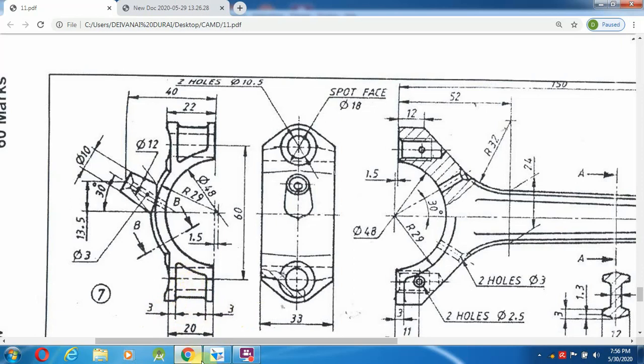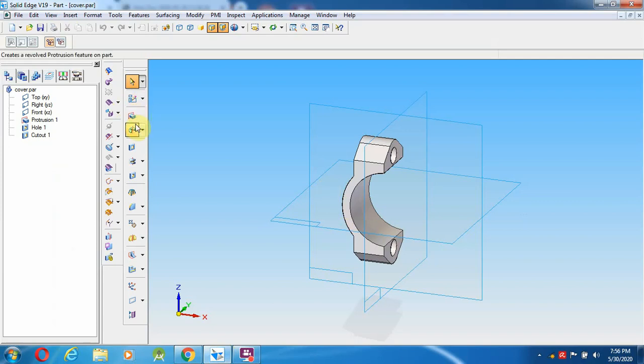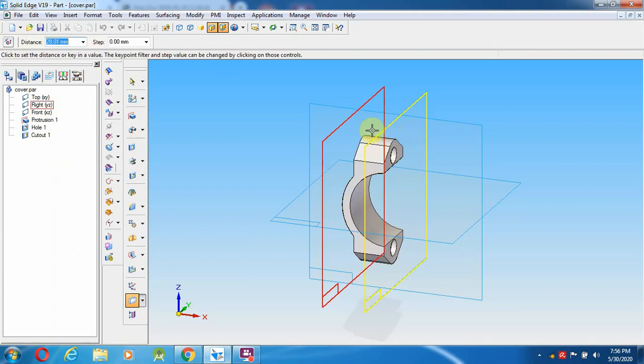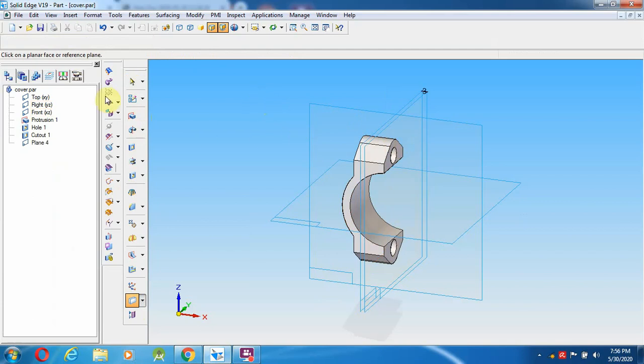Also here, from this edge circle a little bit, they have not mentioned any dimension, so it has to be 1 or 2 mm, you have to move down. So go over here, select the parallel plane option, from this plane move 3 mm distance, left and right click, and come to here. The option is called cutout on this newly created plane.